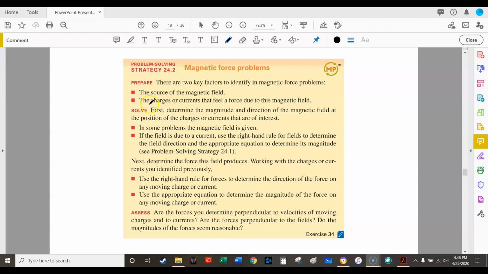Also note what is interacting in that magnetic field. Is it a charge or a wire? And also what kind of charge? Is it a positive or negative charge, right? So a lot of the problems you're gonna have to apply the right-hand rule to figure out the direction of